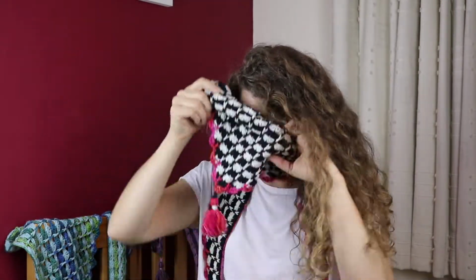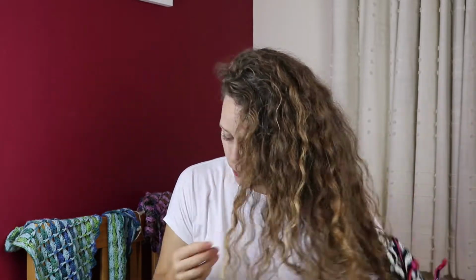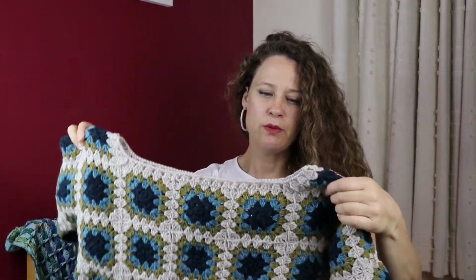So this is JC Rennie 100% lamb's wool 4-ply, and it is a really fantastic yarn actually. It's got really good yardage. It's about £6 a ball, and this grey colour, which is putty, is probably about 2 balls. So in terms of a high quality yarn, I think it's really good value. It's called Super Soft, and for anyone that doesn't know very much about natural yarns, you might think it's not that soft, but it is lamb's wool, and once you've washed it a few times it does soften up. And for a yarn that's quite rustic,